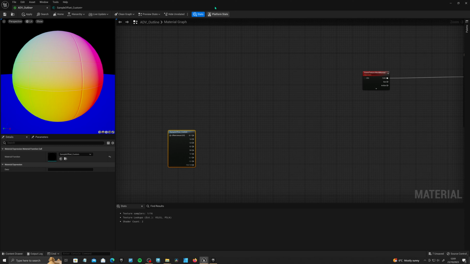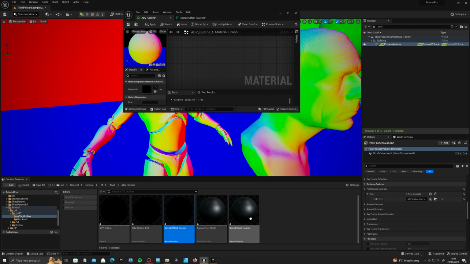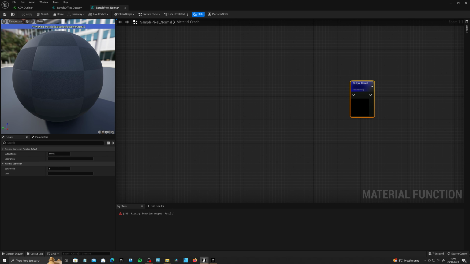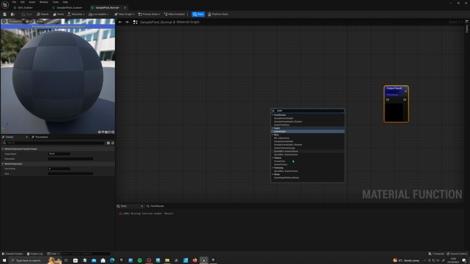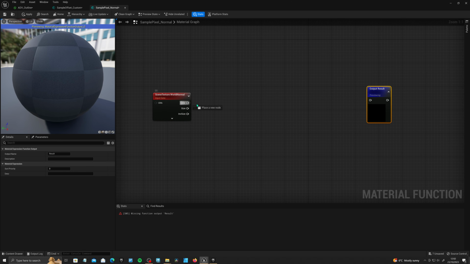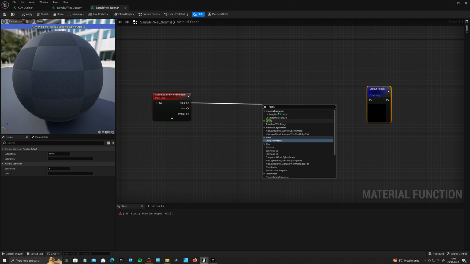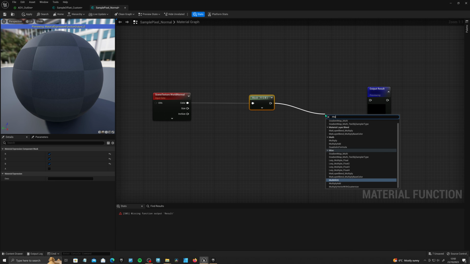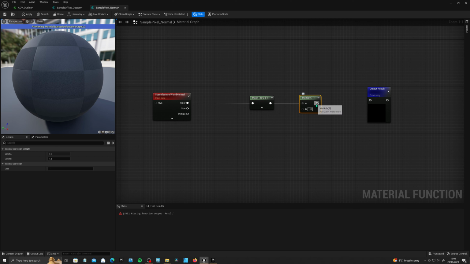Alright, cool. Now if we go back out to here, and we double click on our sample pixel normal function, and we open this guy up here, we're going to create a small toolset so that we can manipulate our world normals over and over again for every area around a pixel. So if we right click and create a scene texture and set this to world normal like this, and if we drag out here and mask this, type in mask and go down to component mask, and we want this to be RG and B, and we want to put this into a multiply